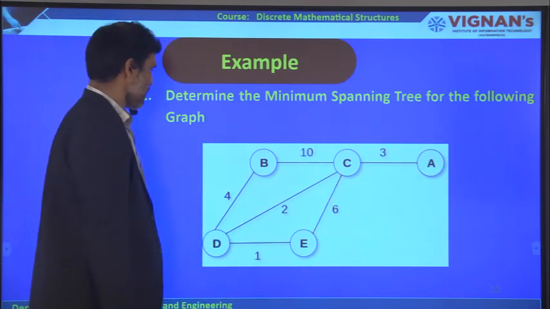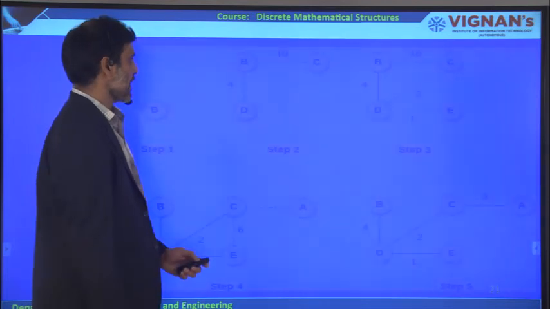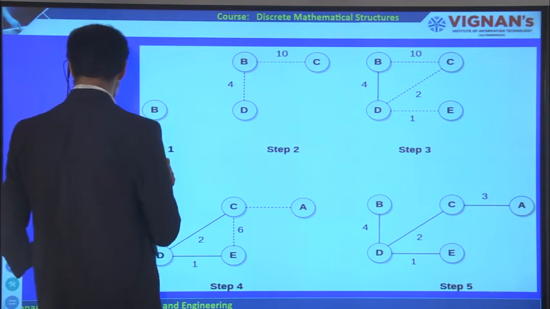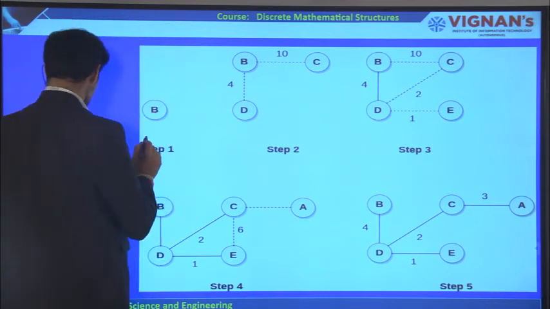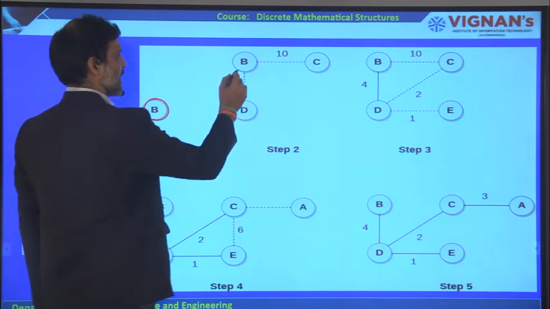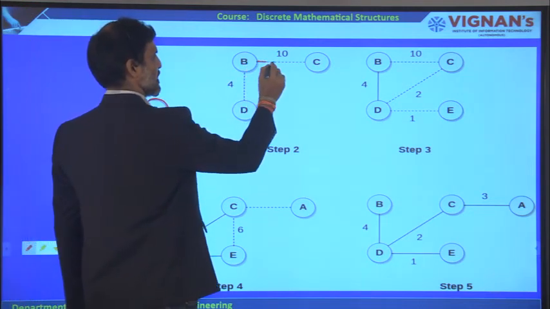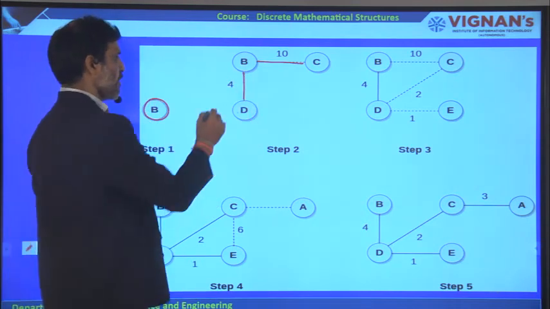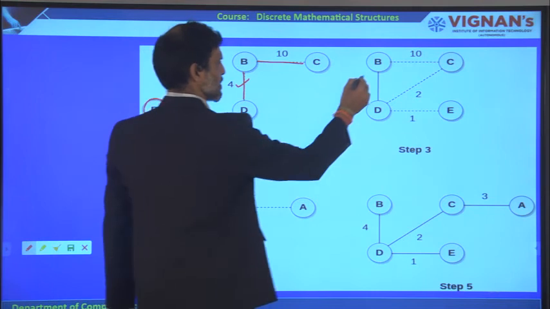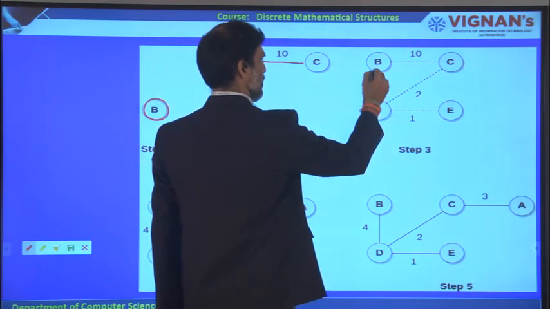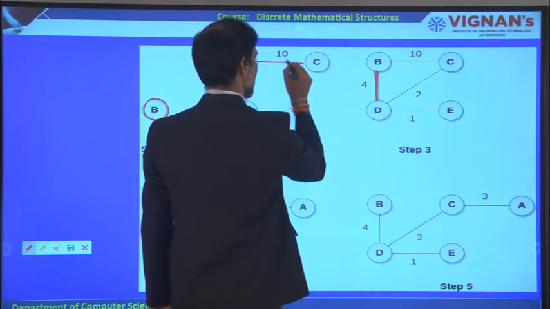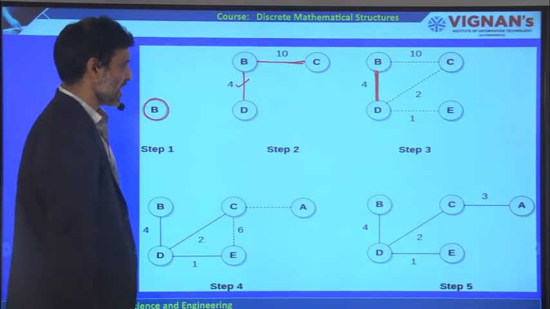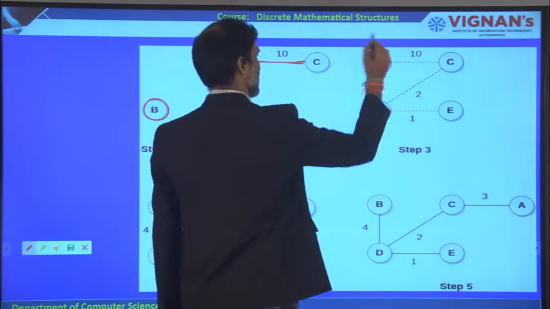Like this, you can start with any vertex. So let us take, here it is started with vertex B. Initially it is started with vertex B. So this is the vertex B, and what are the adjacent vertices? This is one adjacent vertex, this is another, 4 and 10. So obviously you can go with 4. So this dotted line now becomes a dark line. Instead of a dotted line we have taken a dark line here, and the other remains a dotted line.